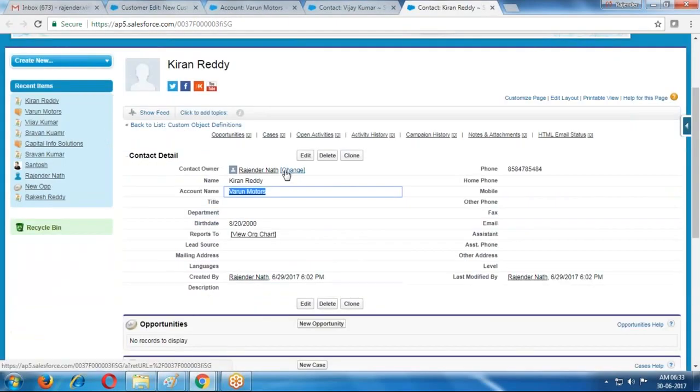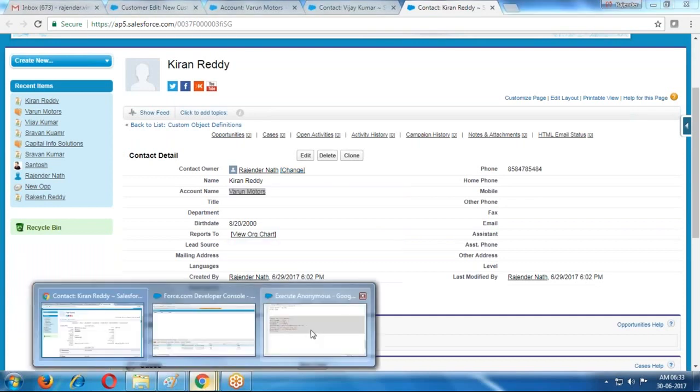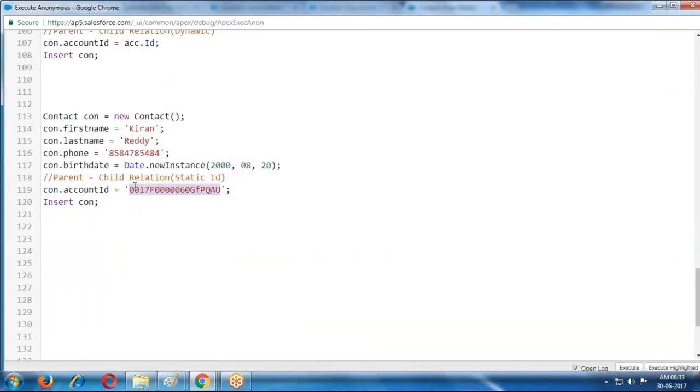Did you provide Varun Motors here? What we provided is only the ID field. That ID we can generate dynamically, or otherwise you can pass a static ID also. Here the IDs you can provide in a dynamic or static way.